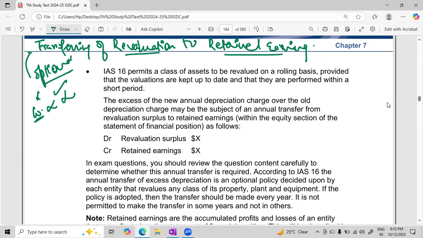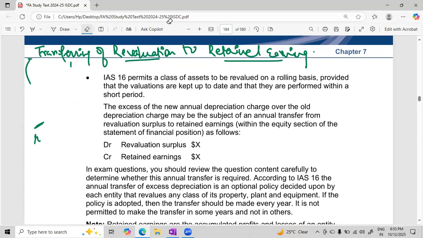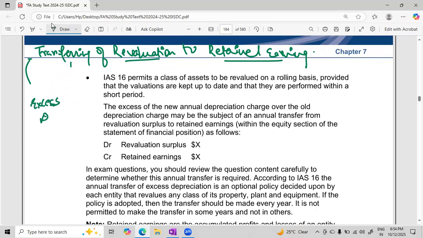So the company has to make this transfer every year. It cannot happen that in a few years the company is making this transfer, but in coming years it is not. Once it has chosen to make this transfer, this should be done every year, right? Now let us understand what this transferring is. We are transferring excess depreciation. What are we transferring? Excess depreciation. I just showed you that initially our depreciation was 5,000, right? But now it is coming out to be,